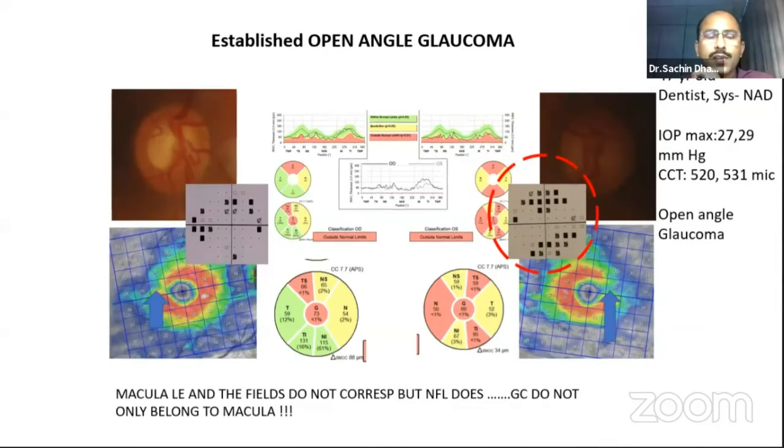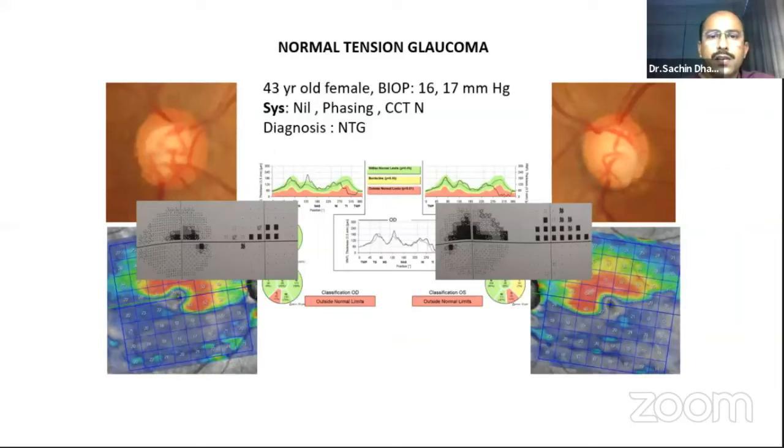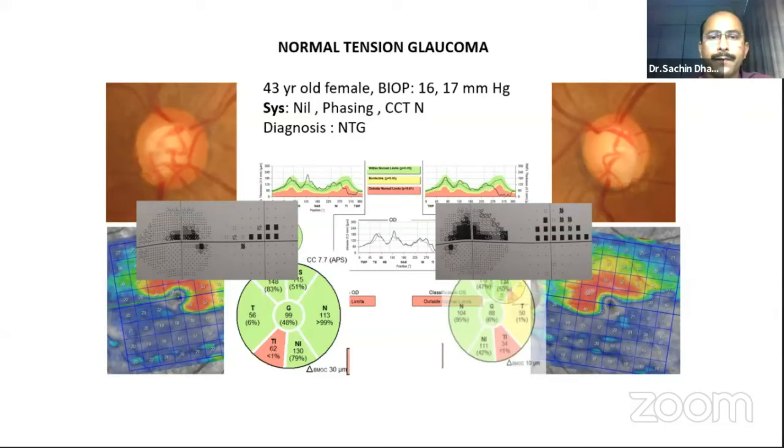Now, normal tension glaucoma, you know that these maps have scotomas near fixation. Beautifully demonstrated here. You can see localized thinning of the RNFL in both eyes here inferiorly, corresponding to the notching of the RNFL in the TSNIT curve, corresponding to the scotomas near the center. And you can see that almost half of the ganglion cell layer is wiped out. So it's a very, very classical correlation. You see the entire ganglion cell throughout its length, and the picture becomes very, very clear.